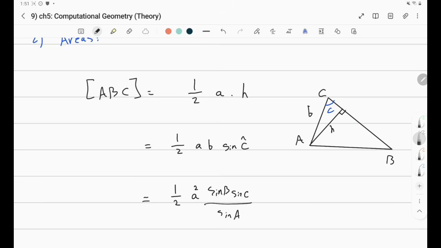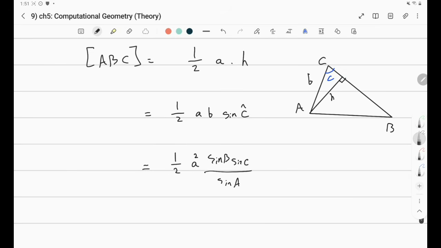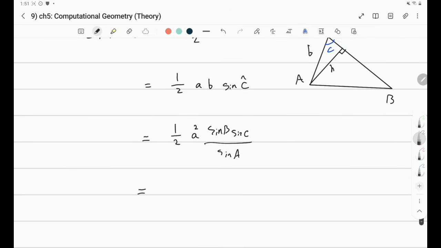Okay, here you have two sides and you have one angle. Here you just have maybe like you know the heights, and you know one side. I'm just giving you all possibilities. Okay, now let's say something else. Now, what if you have all the sides actually? If you have all the sides,